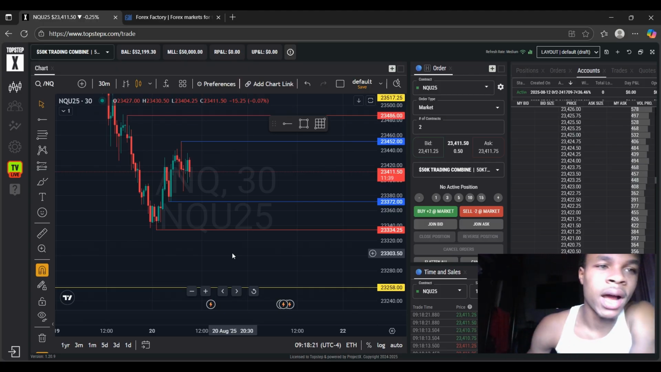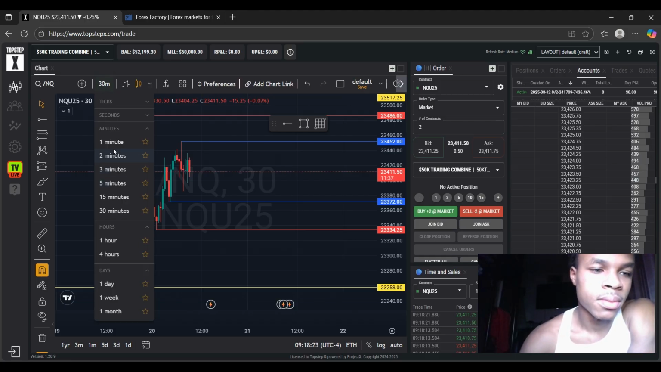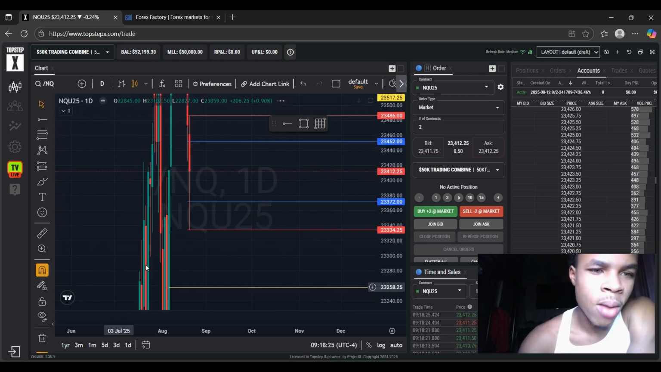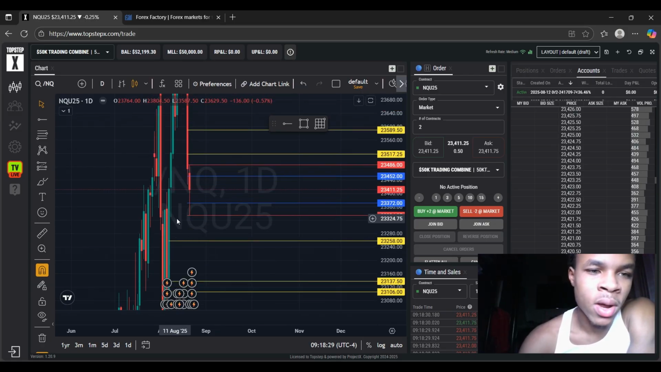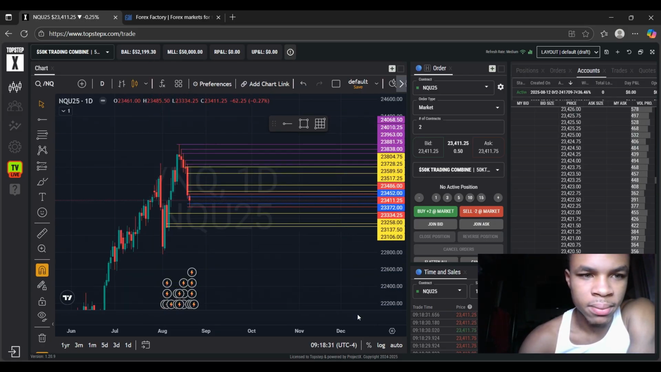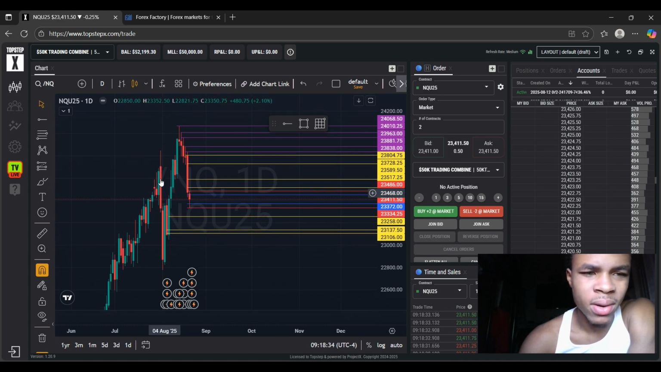Just trying to create my daily bias already. I don't know where I'm at with it though. So looking at the 1 day, we're so close to having a break of structure on the daily. Probably already got it, honestly. Yeah, we probably already got the breaker structure on the daily